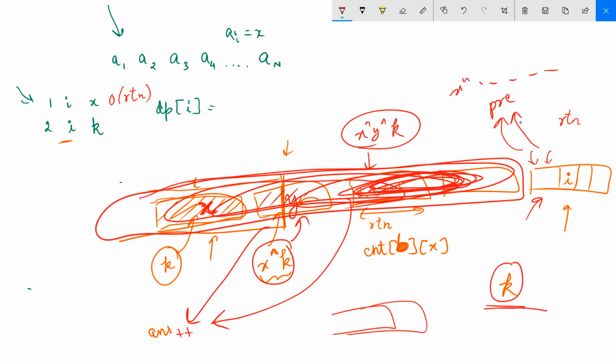I hope this is clear, and the time complexity for this is straightforward. There are root n buckets that you can traverse at max, and for every bucket you are counting the occurrences of some number. If you are using unordered map, that can be O of 1. If you are using map, it would be log n. So if you are using map, then the time complexity for this can be root n into log n. And for this it would be O of root n. So this dominates. So for the second query, the time complexity will be this.